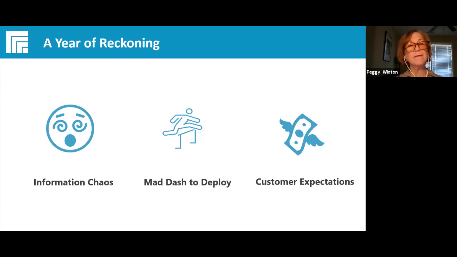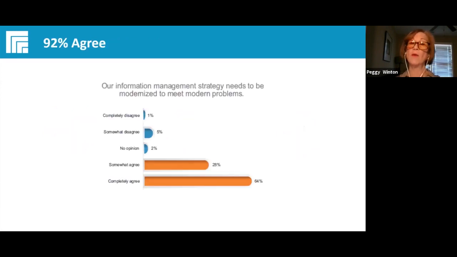So I think the collective impact of these three factors is really a rising recognition of the weak points in many information management ecosystems. And we've said this for a few years, a monolithic mindset or a monolithic system with a single content repository is just not going to cut it for your organization anymore.